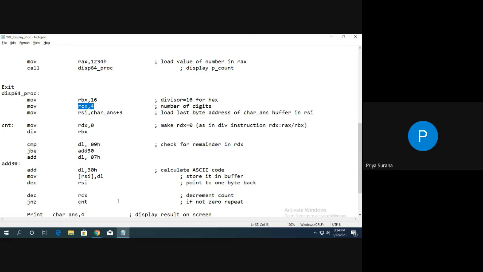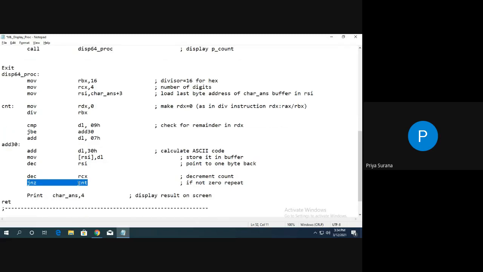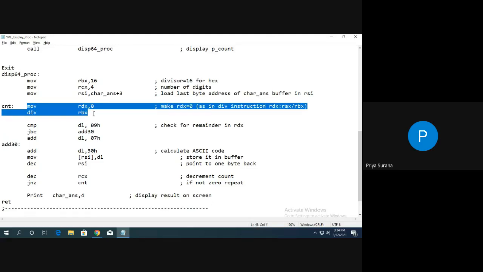If not 0, it will check that the previous result is not 0. You can check here also. If not 0, it will go to this label CNT. Where is CNT? Here. Again initialization will be there.